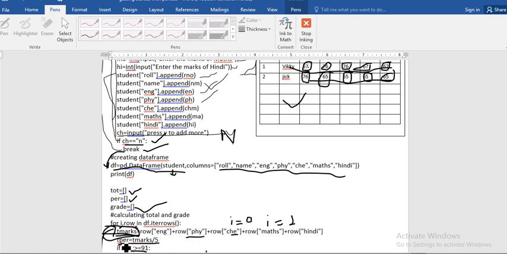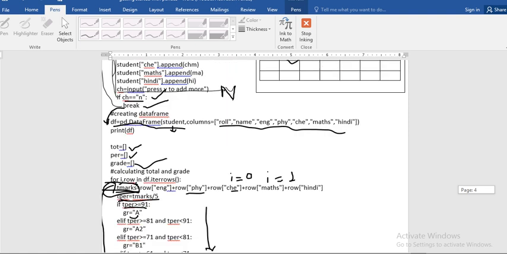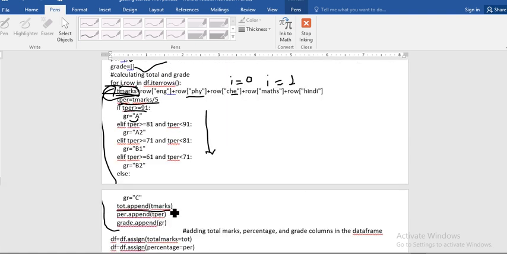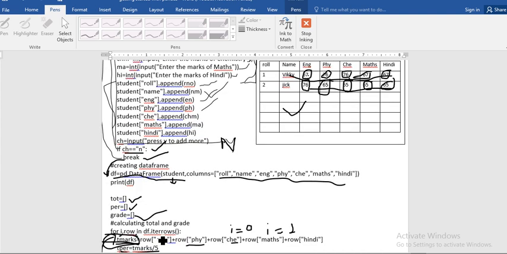Then total percentage, and again find the grade according to the condition, and again the total marks is appended in the list of TOT here.